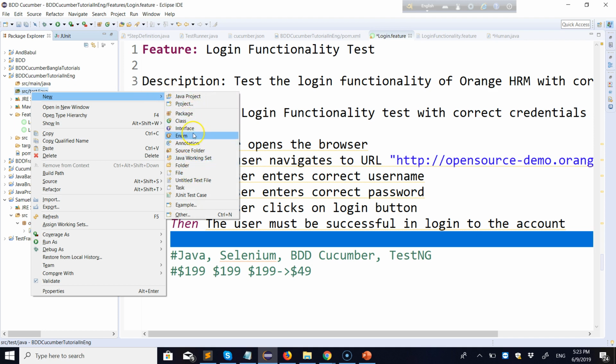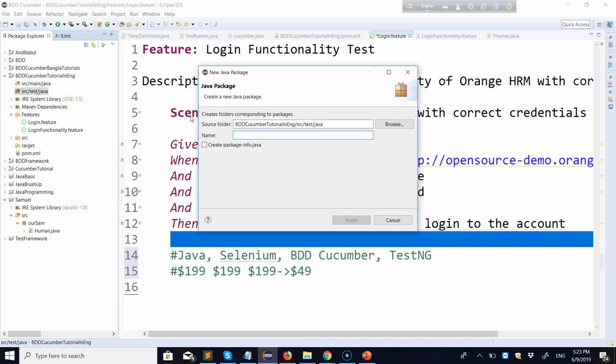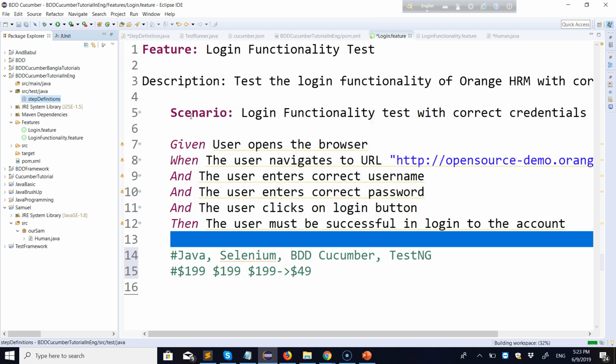I'm going to create a step definition package. Okay, so I'll name it step definitions. A package has been created named step definitions, and inside the package